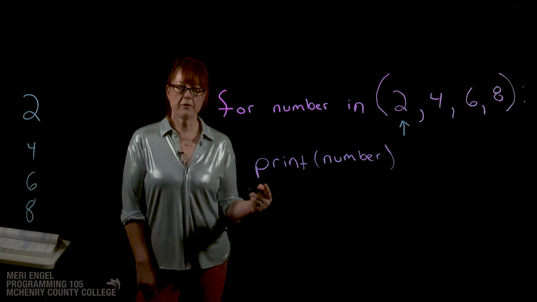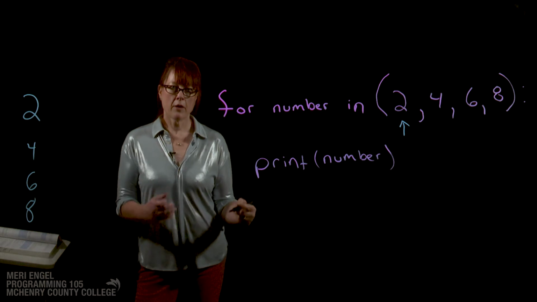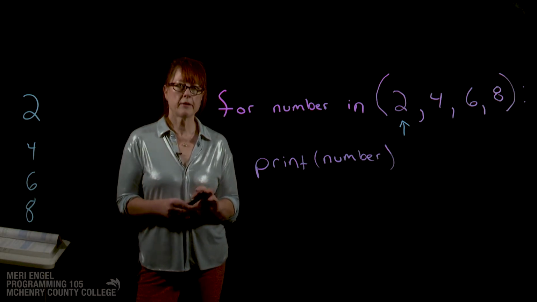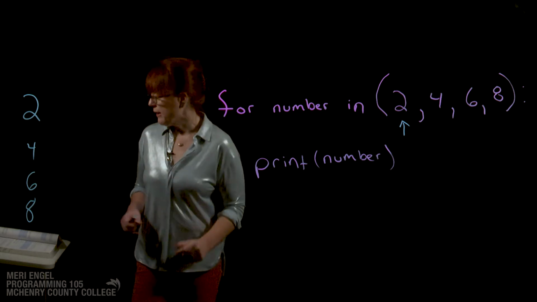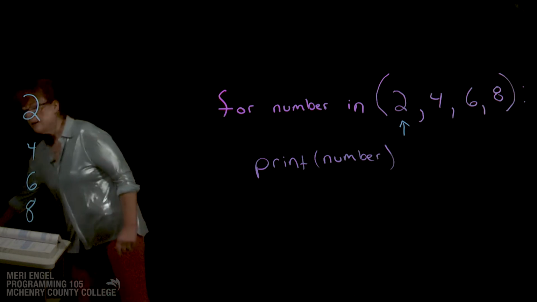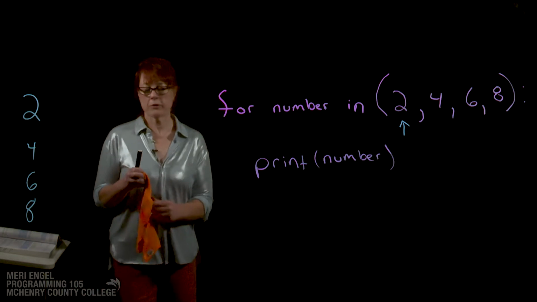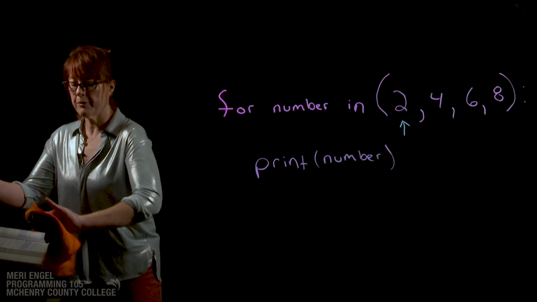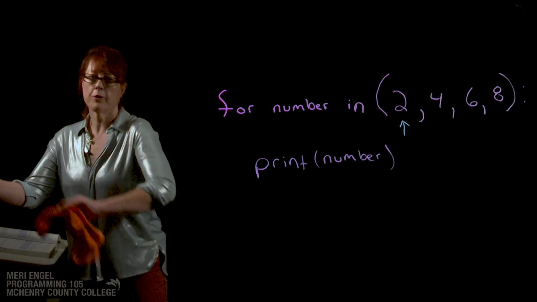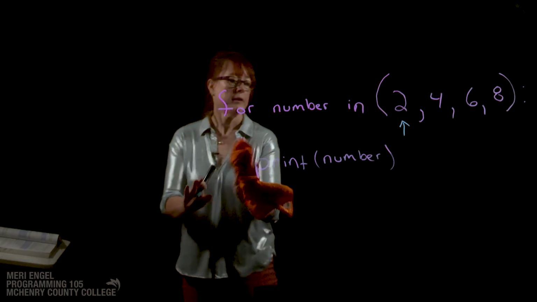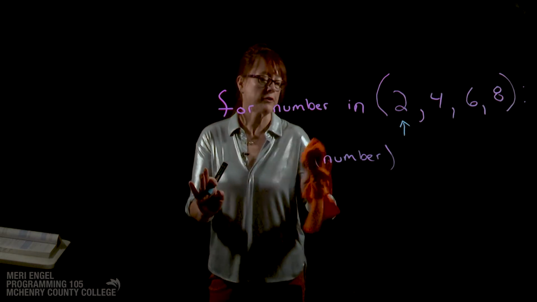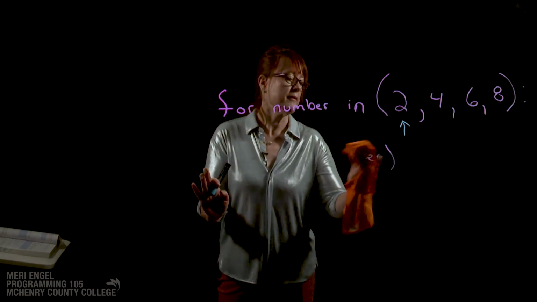This is nice. This is something that would be fairly easy to do in other ways if we just wanted to count by 2s, and it would be fairly easy to do in other languages as well. But what I think is really cool is we don't have to just use numbers for our count-controlled loops, because it's really looking at the position of the numbers. These numbers don't have to be in order, and more important, they don't even have to be numbers. So let's take a look at another way of doing for loops, or actually the same way, with a different sort of